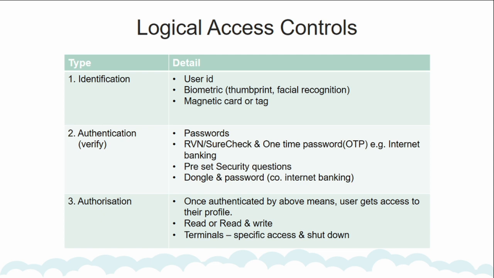Then this system of a dongle is not often used anymore, or is being used less and less. So a dongle used to be a device with a specific program, a specific sum built into it, right? So an algorithm built into it. And what that would do is it would generate random numbers based on the algorithm. The bank will also have the same algorithm loaded onto its system, and you, using the dongle, would generate a number that would agree with the bank's number because they're using the same algorithm or the same